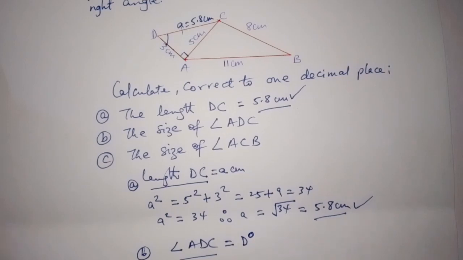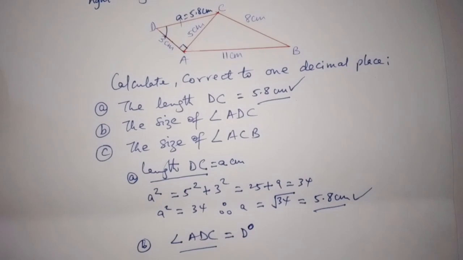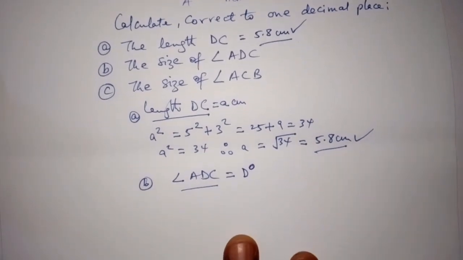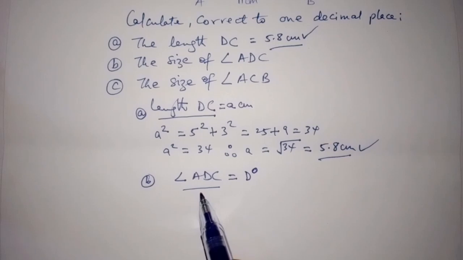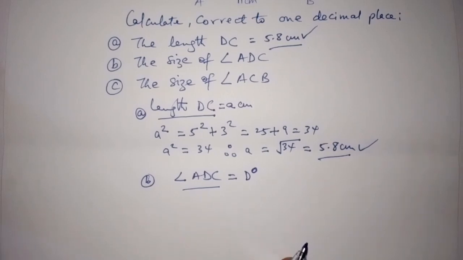Angle ADC, we can name it as D degrees. So we apply the sine rule in order for us to get angle ADC, and the sine rule is that